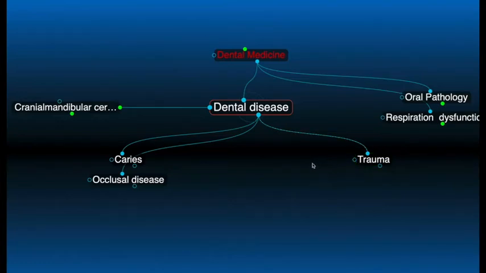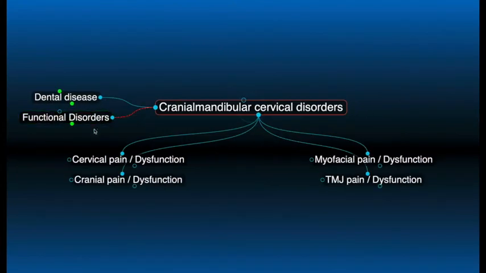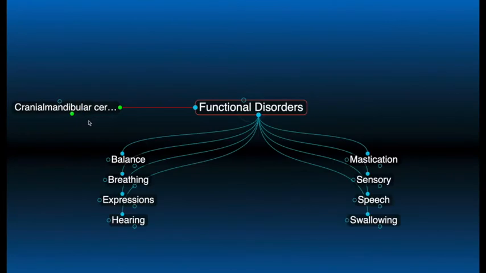What is not taken seriously enough, due to patients' acceptance of their dysfunction and because dentists are not trained well, is the debilitating damage from cranialmandibular cervical disorders. This group of pathologies provides patient pain and dysfunction in not only the facial muscles, teeth, and jaws, but also the neck and the rest of the cranial region. Damage to these structures creates not only musculoskeletal stresses, but is inflammatory at a cellular level and damages the rest of the body. They encompass the most important functions that humans need to accomplish to survive. As such, this group is called functional disorders.